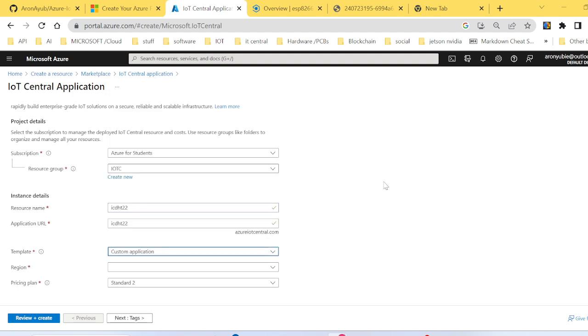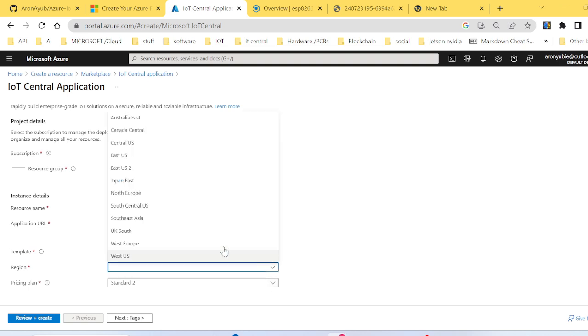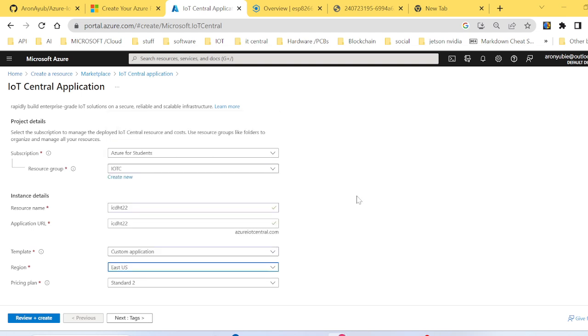Look for custom application. And then for regional, depending on where you are located, you can always choose the regional. The proximity here is the factor. So if you are in US, if you are in UK, depends on where you are. So you can choose any of the locations. For the pricing plan, you can choose standard 0. After you're done, you can